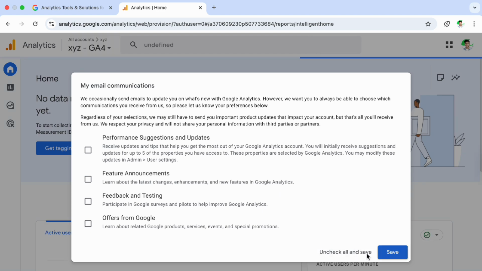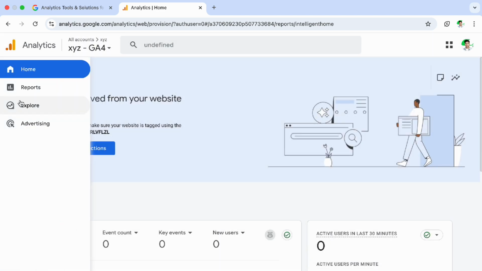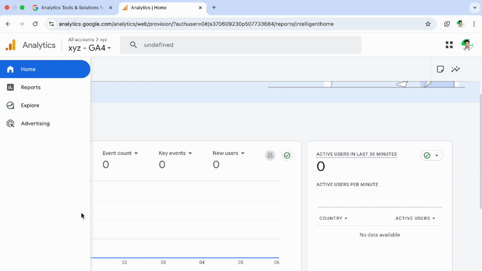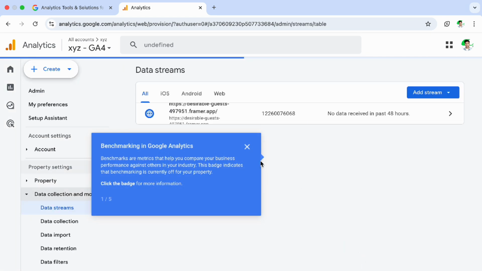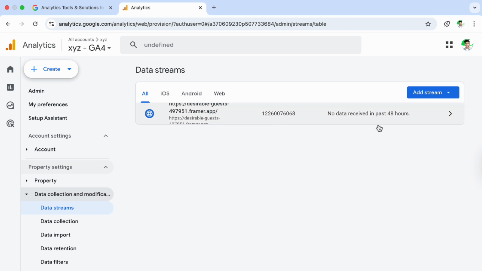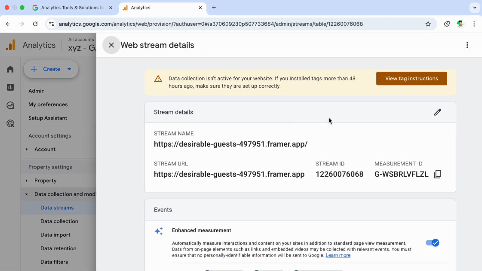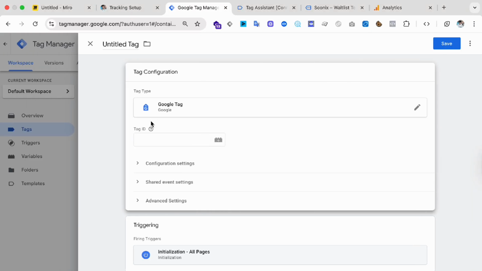So in your case, if you can see that there's no Google Analytics 4 tag, you have to click here on Admin and Data Stream, and then click the data stream you have. Then we have to copy this measurement ID. So go back to Google Tag Manager and add this tag ID in here,